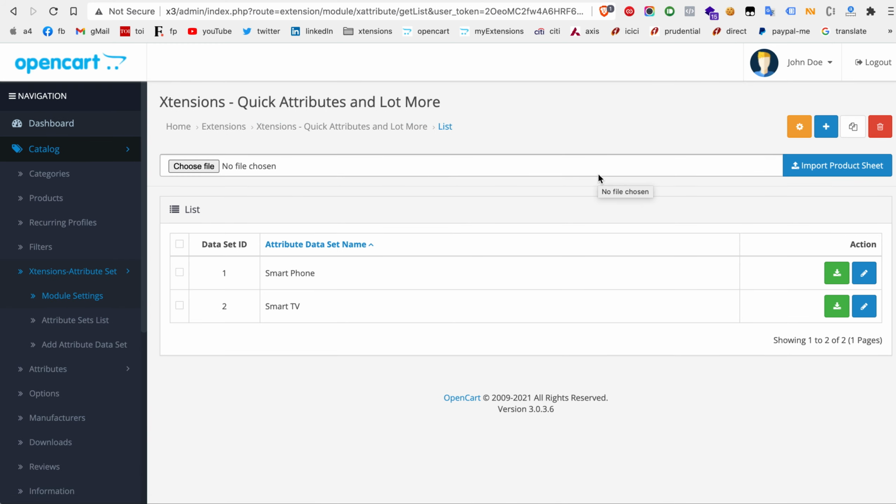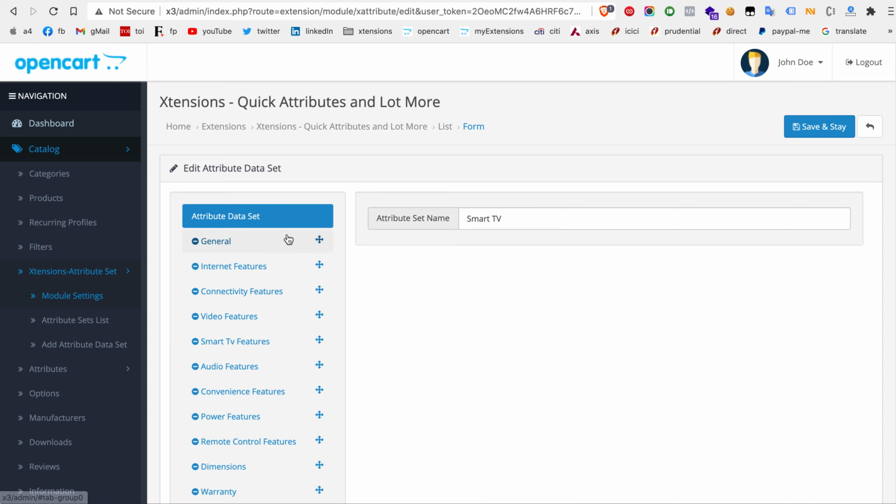Earlier you used to create attribute groups and attributes. Now you will create an attribute category. So what categorization of products are you using? You will be using that here. For example, you are selling smart TVs, smartphones, headphones. So you will not create the groups as a separate entity, but you will create them inside these categories. For example, let me show you the smart TV.